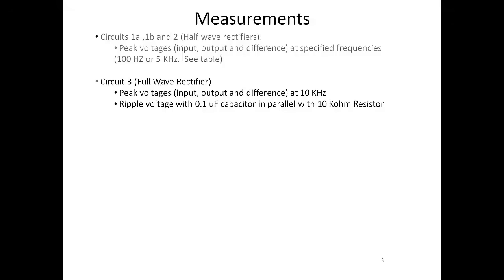In other words, the capacitor is matched to the lowest value of load resistance that the supply can handle. For our meager 10 kiloohm load, we will place a 0.1 microfarad capacitor in parallel with the resistor. Once you have inserted the capacitor in parallel, measure the peak-to-peak voltage of the ripple that remains on the rectifier